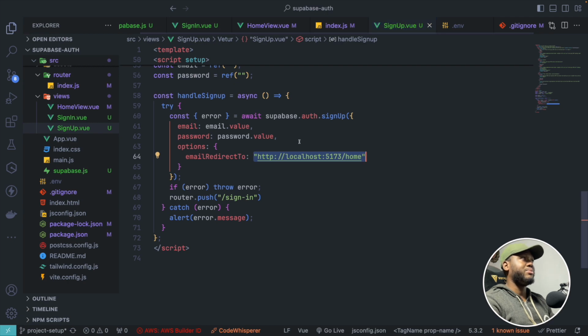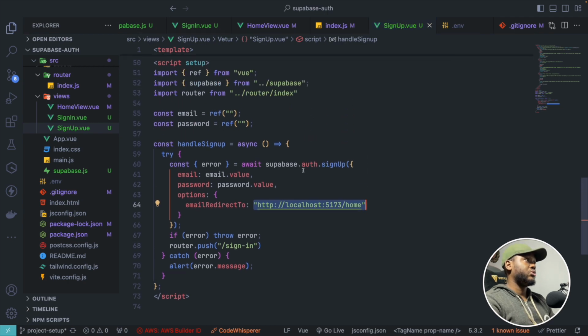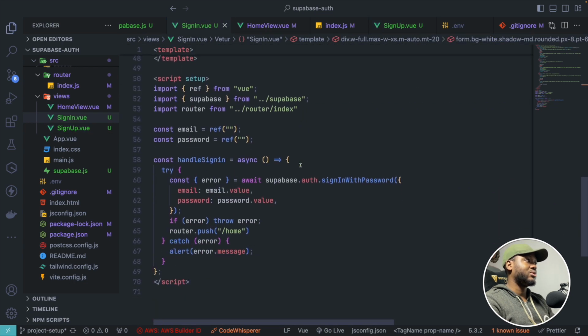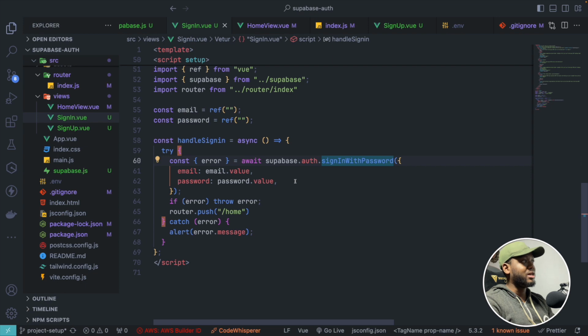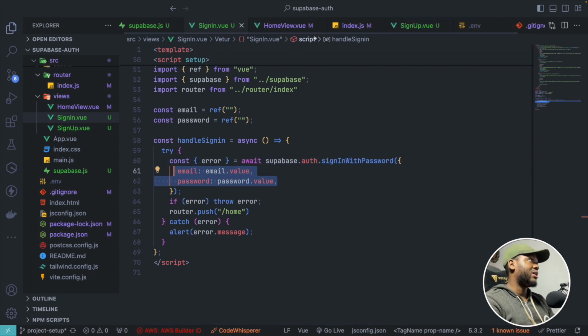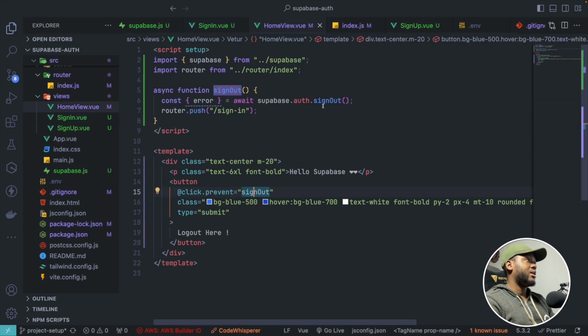So this is the basic system. You sign up, you just call the .signup method, and then you can sign in. Just call the .signin method with password and pass in the credentials of the user. And then for the logout, you just do .signout, and then you are able to log out the user. There are other features that I've seen, I think magic link and signing up with your social media account and all of that. And as I said, I'm going to do a full course on that,